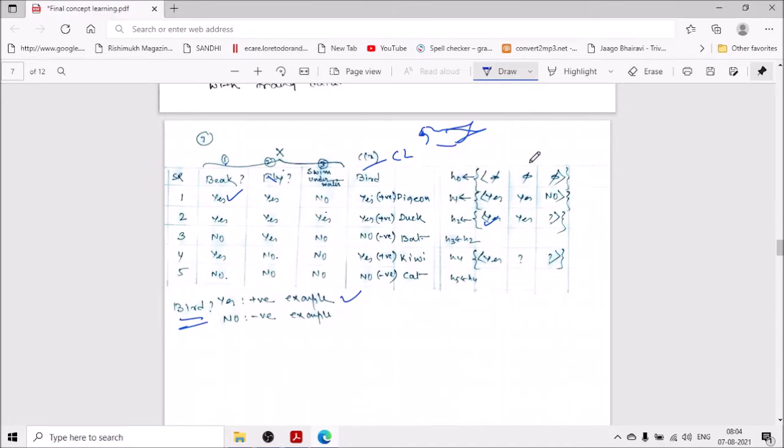Okay. So the start, the most specific hypothesis is what? It is H0. So first positive example, copy the same. Yes, yes, no. Copy, yes, yes, no. Second positive example, just compare. Yes, yes, both are same. Continue, keep as it is. Yes, yes, keep as it is. Continue. Yes and no, now it's different. Use the most general notation.